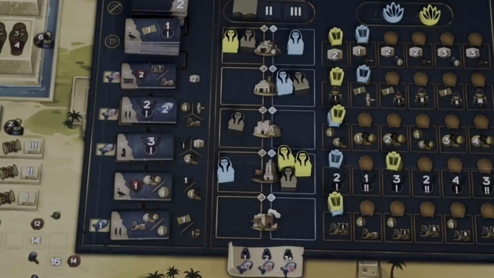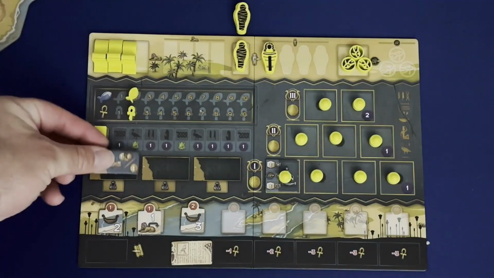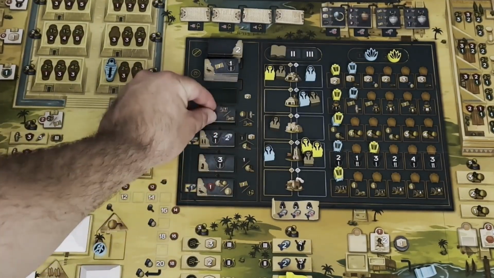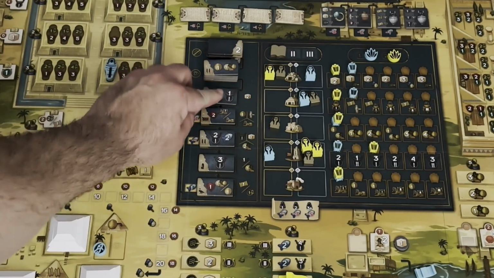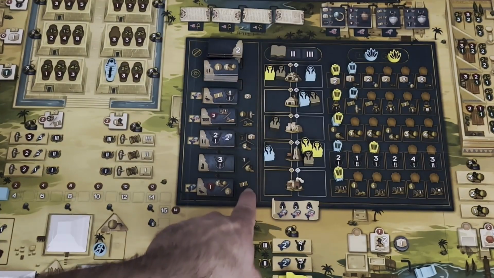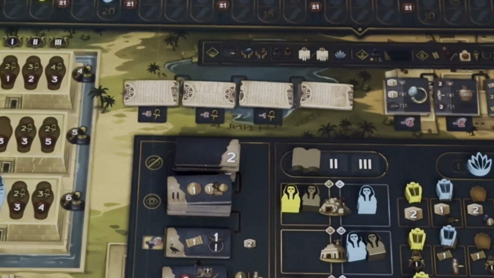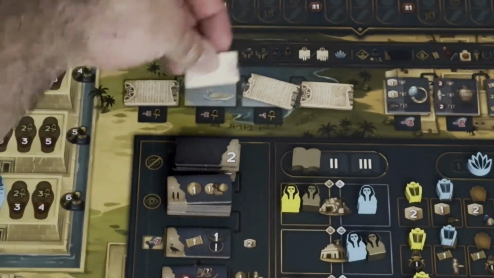For my next action, I'm going to go ahead and take a tablet first. All right, we'll take this back. Now let's go ahead and replenish the tablet market. So because I took this, I'm going to go ahead and get a papyrus. All right, now I would have spent heck on this, but Imhotep took it from me. So I think I'm going to go ahead and go with this free one. Besides, I can take this one later,